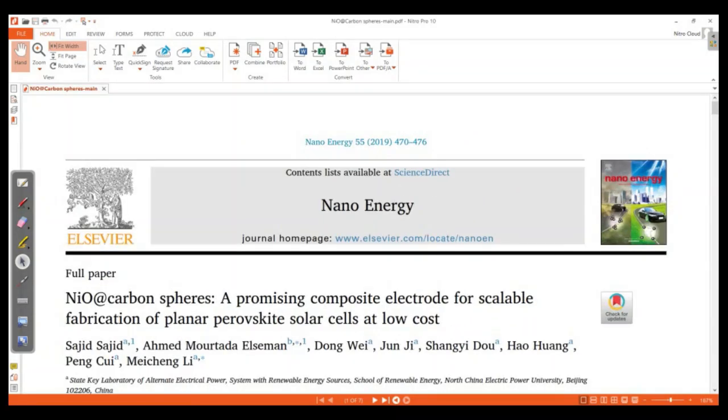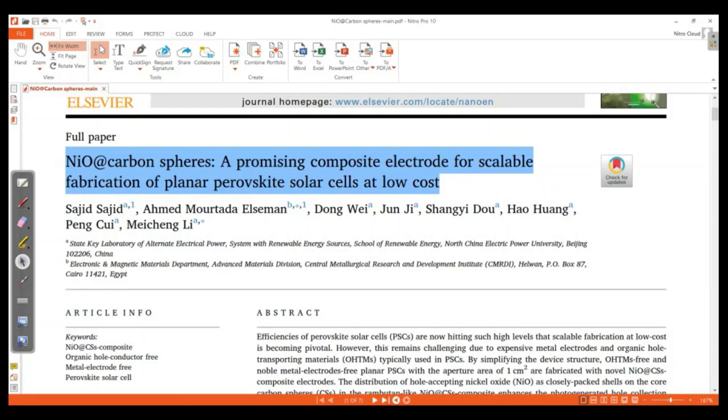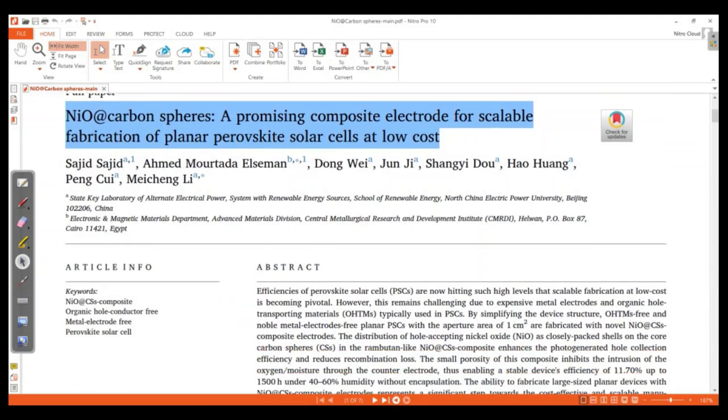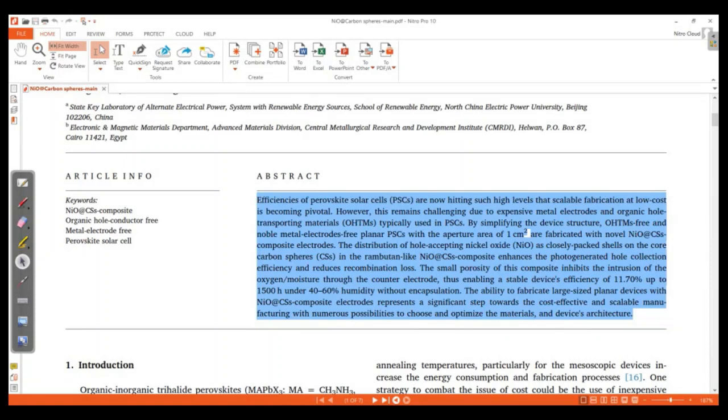As I showed before, we have to read the title very quickly so that we can understand what the paper is about. In this case, it is about the carbon sphere and nickel oxide composite, which is used for the scalable fabrication of perovskite solar cells. Then we have to check the abstract of the paper, which shows us how this material was used